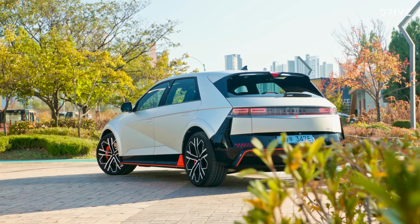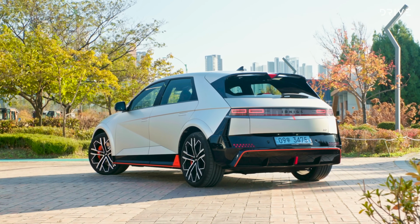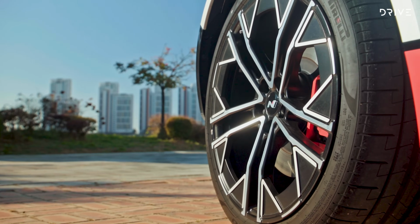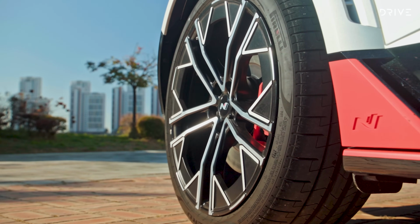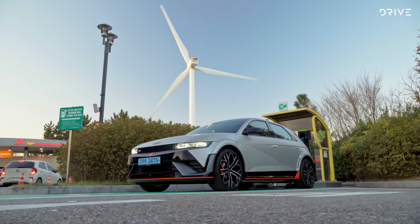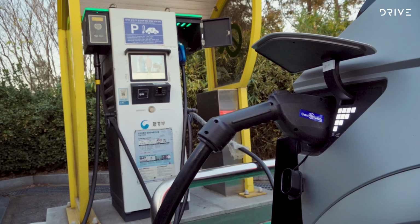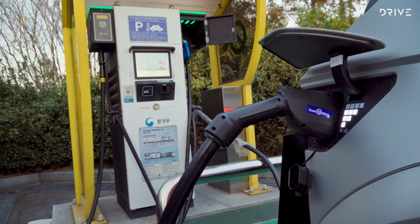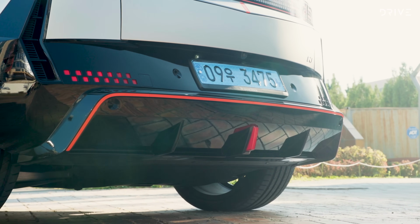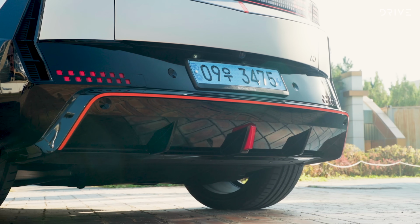Regenerative braking has been upgraded as well, and it's backed up by 4-piston, 400mm front and 360mm rear friction brakes, and 275mm wide Pirelli P Zero tyres at all 4 corners make contact with the ground. It's not all just about big power and acceleration though. A 4th generation 84 kWh battery debuts in this Ioniq 5N, and it's complemented by a heat pump and chiller to manage temperatures under duress